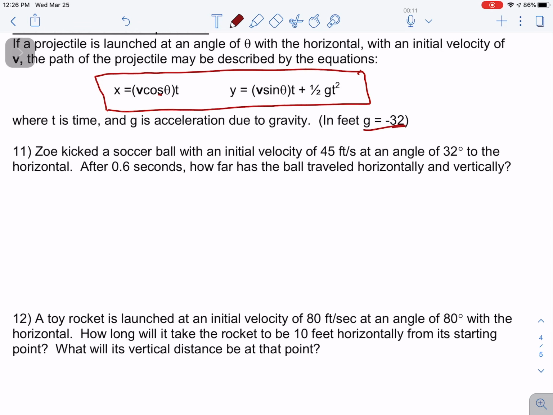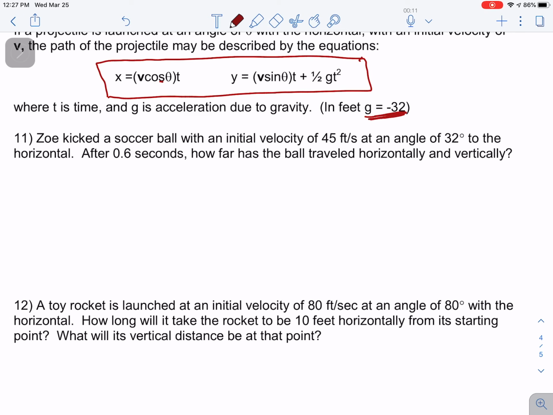Just take note right here, g, we're going to use it as negative 32 because it looks like we're doing everything in feet per second. So it's just going to be negative 32. All right, so